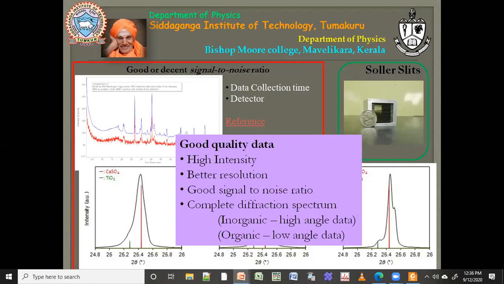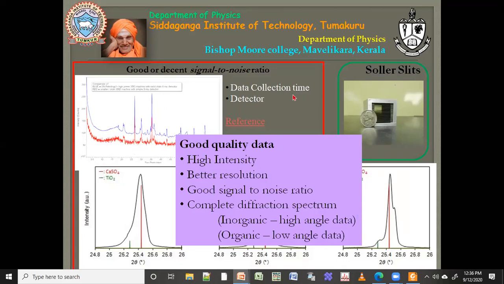Okay, so like the previous one. For example, in this case, if I just want to know whether a phase is forming, then the red one is sufficient for me. But if I want to do very good data treatment, like Rietveld refinement or some profile matching, then it is better to have the one in blue, not the red. Red is not good for refinement. So that is why you should take care.